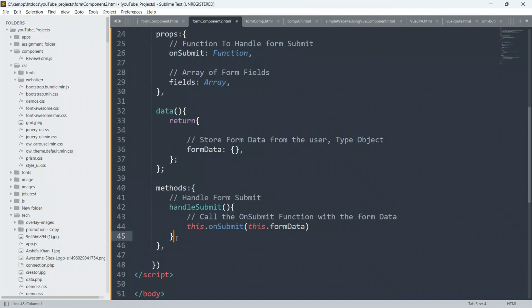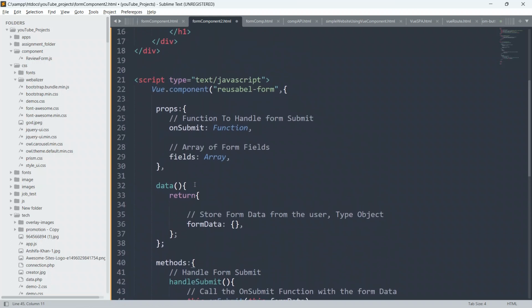Okay, so guys, now below this we have to create our template also. As you all know, template is the integral part of components. Whatever you want to show or display to the user as an output, we have to put each and everything inside the template. That's why I say template is the integral part inside the component. Whatever you have to show to the user, whether it is a form, an image, or simple HTML code, you have to put each and everything inside the component. That's why I said template is an integral part in the Vue.js components.